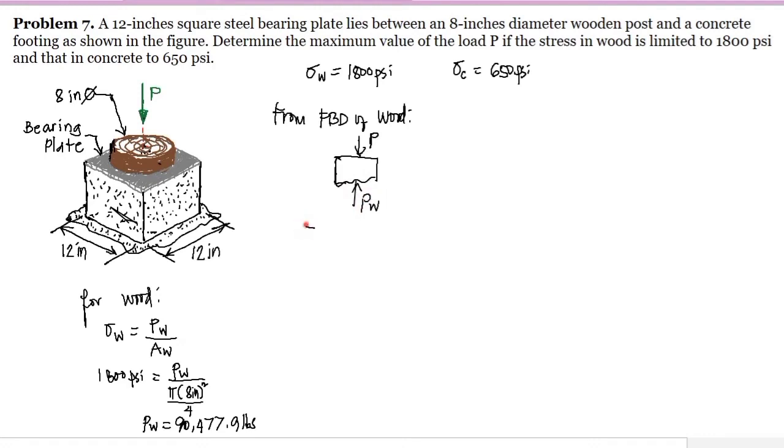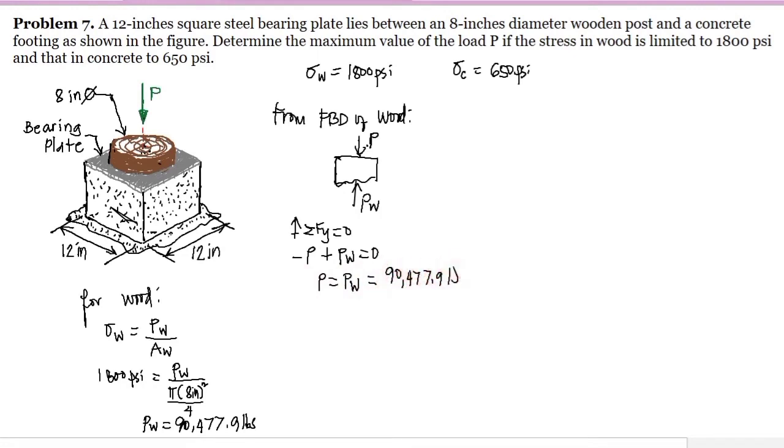So by summation of forces vertical is equal to 0, taking the upper direction as positive, we can say that the P applied here is negative because it's downward, plus the Pw is equal to 0. So we can say that P is just equal to Pw, and the Pw na na-compute na natin is equal to